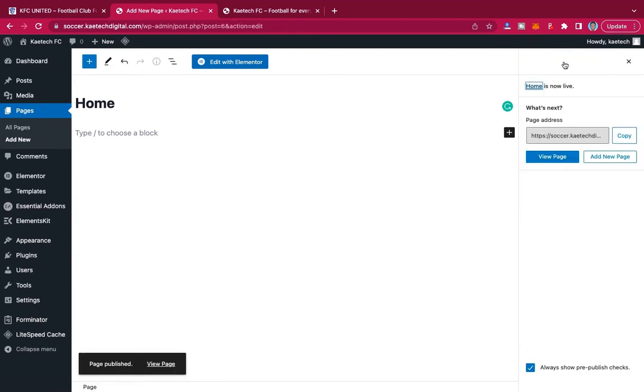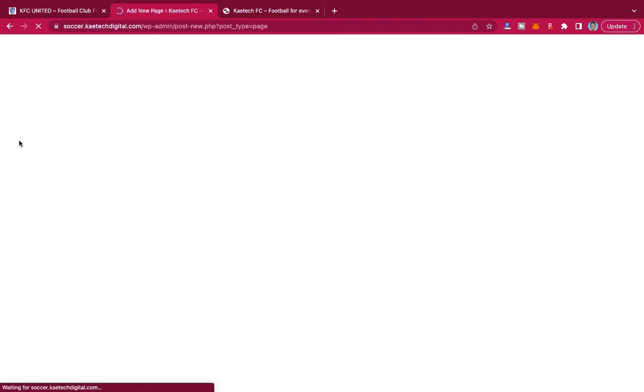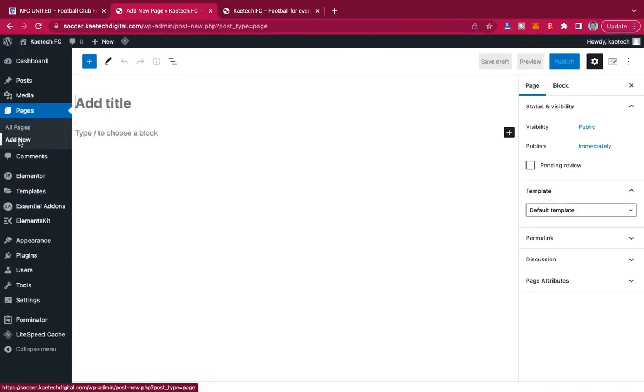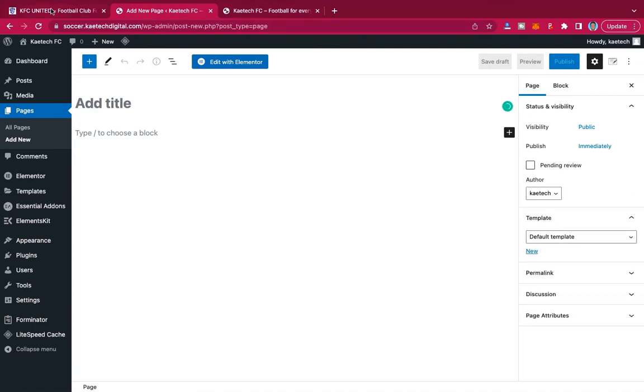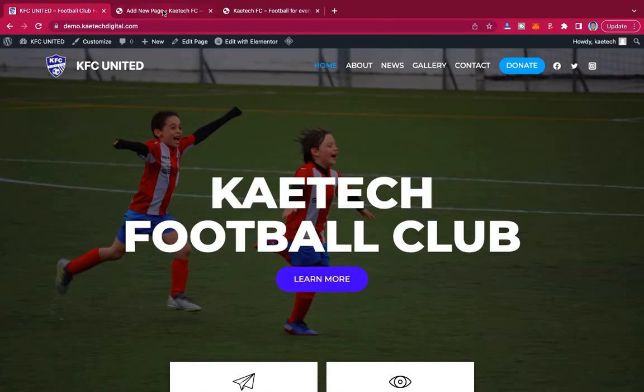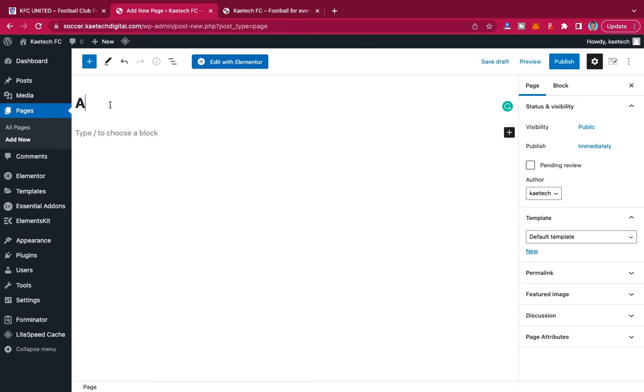Now I'm just creating the pages, and then we'll design them one after the other. Now the next, I'll just click on add new over here. So with the same procedure, we're going to create all the pages. The next page that we're going to create is the about page. So about, just click on about, and I'm going to come over here and then select